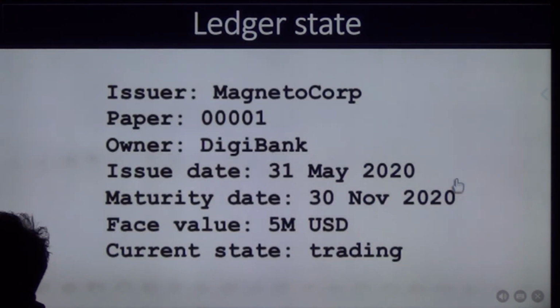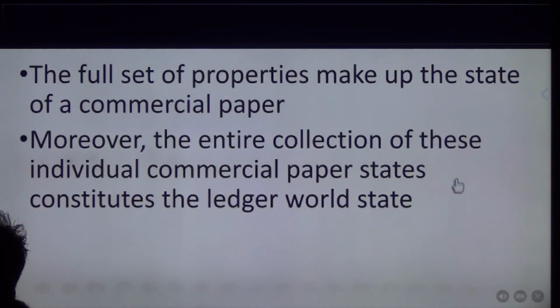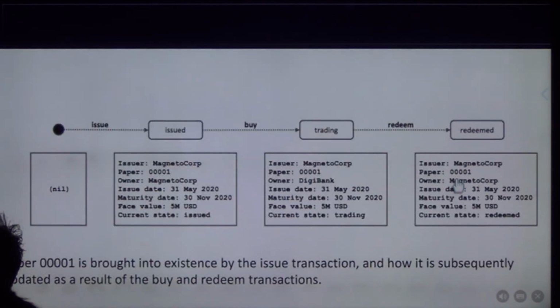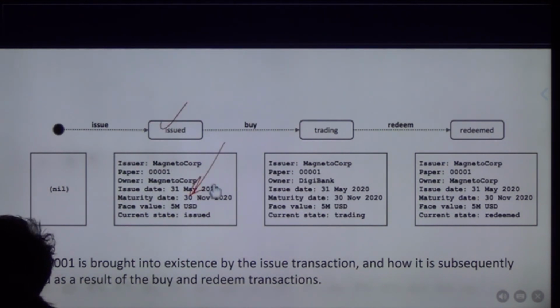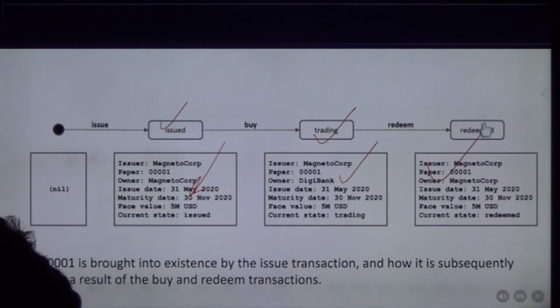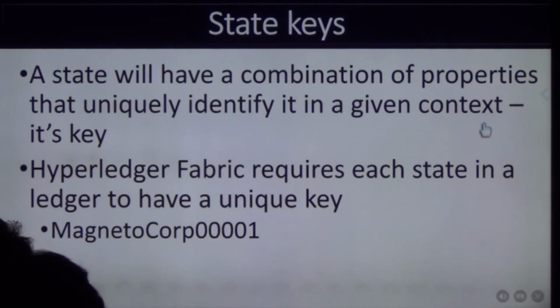इस तरह से हमने लेजर की स्टेट देख ली, और उसकी जो है ये. So this is how the transactions are happening. Issue transaction ये है, ये ब्लॉक में लग जाएगी जाके. ट्रेडिंग ट्रांजैक्शन ये है, ये जाके उसमें लग जाएगी आपके, और रीडीम ट्रांजैक्शन ये है. And this order is very important. ठीक है, बिकॉज अगर आपने ऑर्डर सही नहीं रखेंगे तो ये जो है इस तरह से इसकी ट्रांजैक्शंस हो रही हैं. जो स्टेट कीज हैं, स्टेट कीज का मैंने आपको बताया था कि ये वो प्रॉपर्टीज हैं जो कि आपके